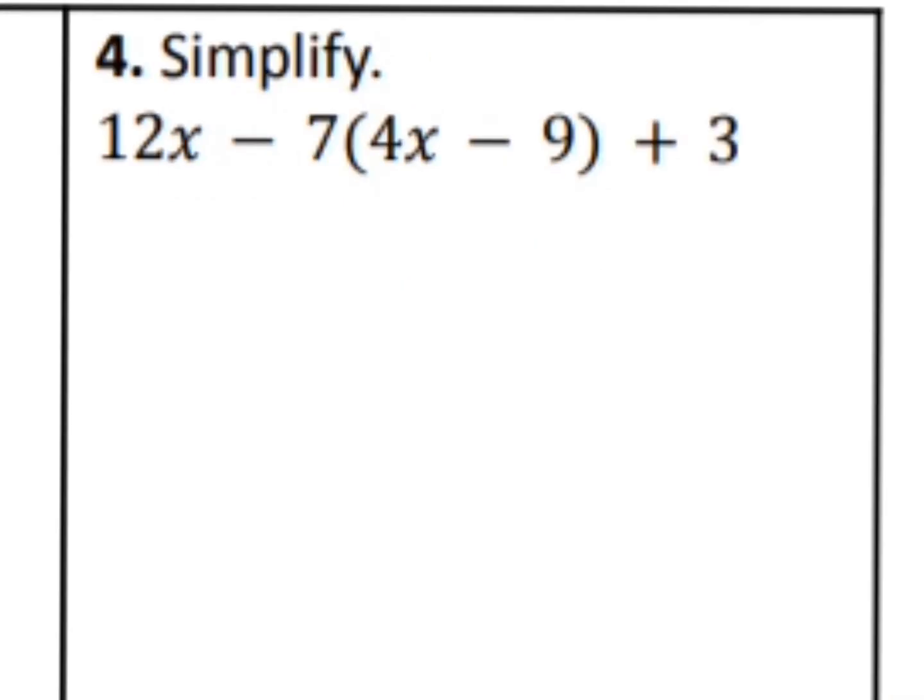Alright, so we need to simplify this expression, and in order to do that, first we're going to want to distribute that 7 onto the parentheses. So what that looks like, if I rewrite, I'm going to have 12x minus 7 times 4, which is 32x, and 7 times 9. And notice that I have a negative times a negative, so it's actually going to be a positive 63